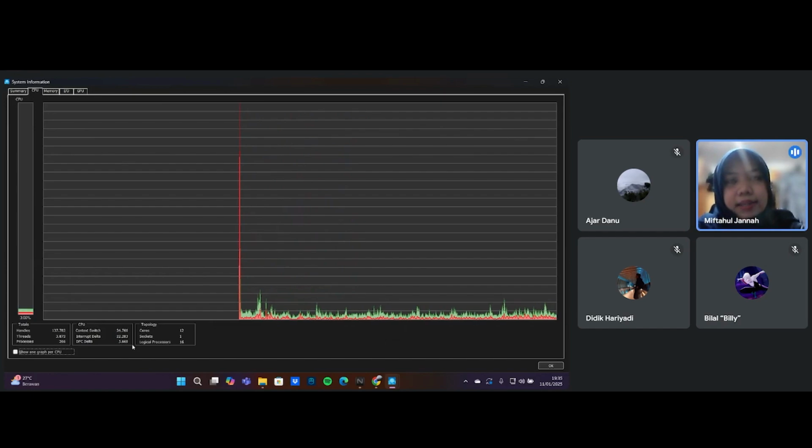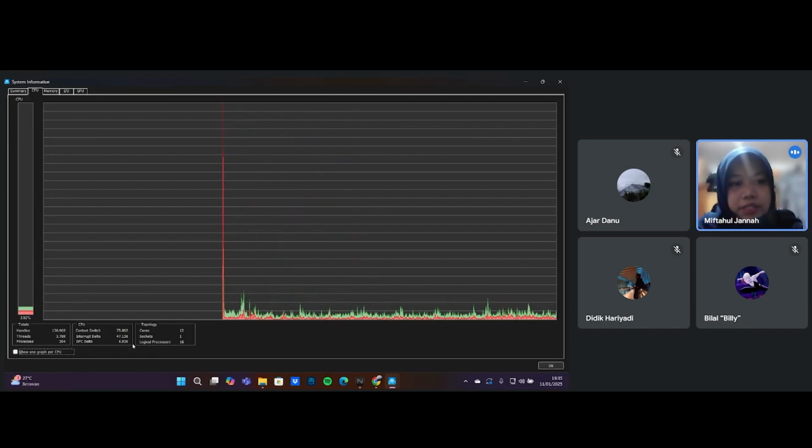DPC is a mechanism used by Windows to delay the execution of certain tasks until the CPU has some free time. These numbers show how many tasks are delayed in execution. Just like opening an application and something is delayed like lag, it shows how much is delayed.